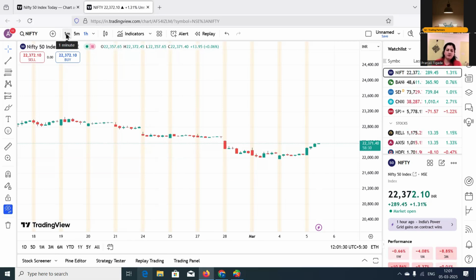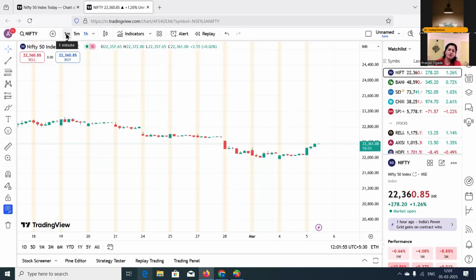So parent time frame is the time frame which you mostly use to see the trend of the market. Okay. And the trading time frame is the time frame where you actually take entry and exits, where you actually trade. So what is the logic behind it? You first see the parent time frame, maybe before the markets, and you decide what is the trend. Okay.